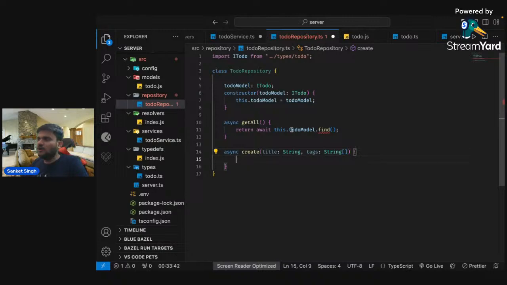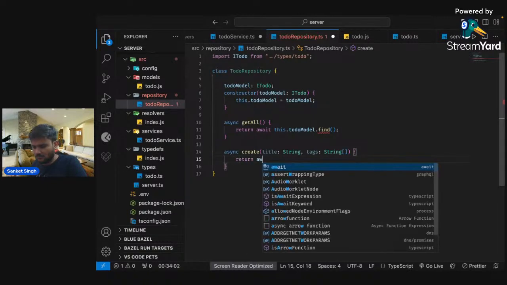Ideally this should help us create a brand new todo end to end altogether. Okay. Now in all of these functions, we will say return await